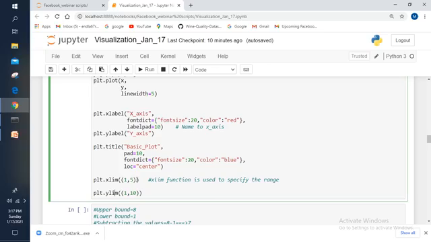If you don't specify the range within parentheses, then it will understand the value 1 as a separate parameter and the value 5 as a separate parameter, so you will get an error. To avoid that, you need to specify the range within parentheses itself. Whatever range you specified, based on that only the plot will be represented. Let me execute this one and you will get more clarity.